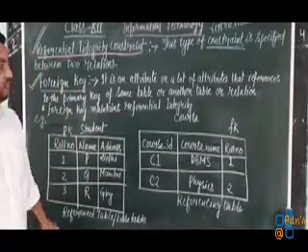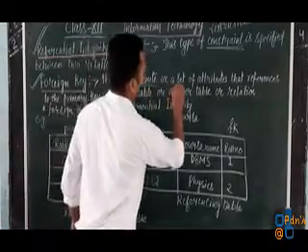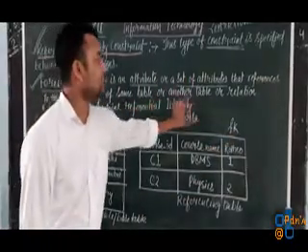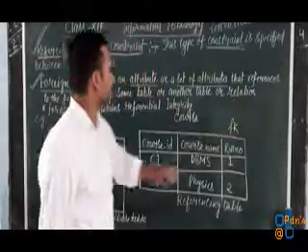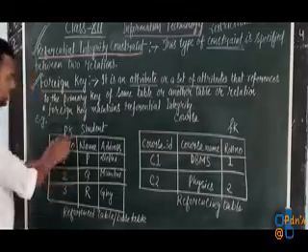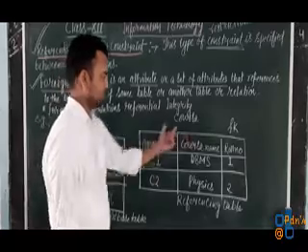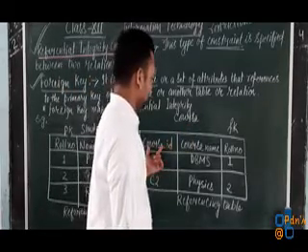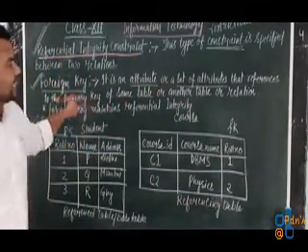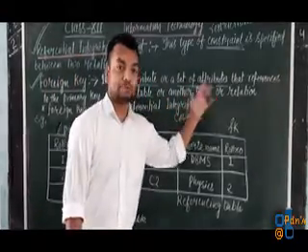Now what is actually a foreign key? See, as the definition itself implies, it is an attribute or a set of attributes that references the primary key of the same table or another table or relation. That means a foreign key can be made up of a single attribute. Correct? In this student table, one attribute is roll number, second is name, third is address. Similarly, in the course table, one attribute is course ID, second is course name, the third one is roll number. So a foreign key can be made of a single attribute, or it can be made up of a set of attributes, a group of attributes.